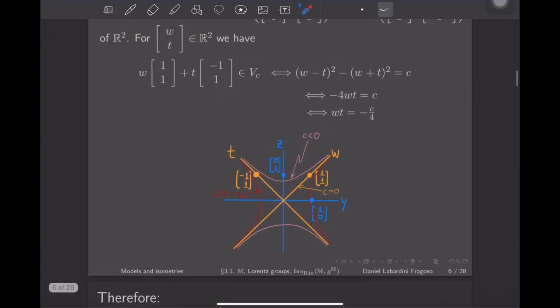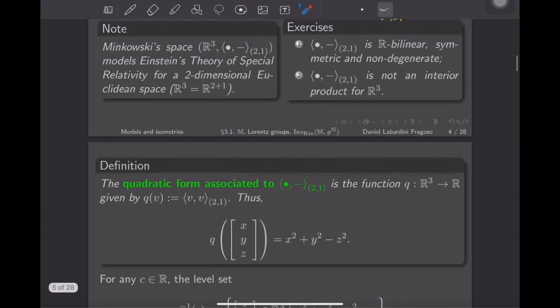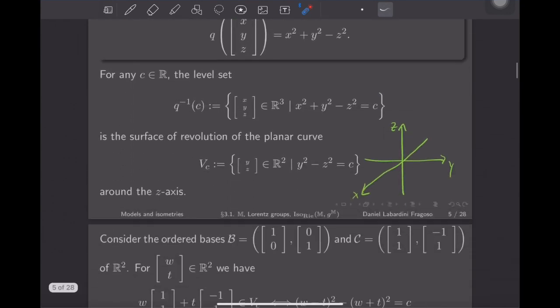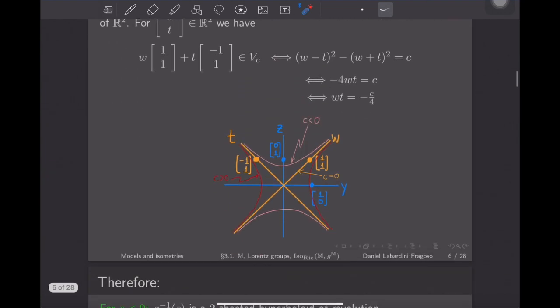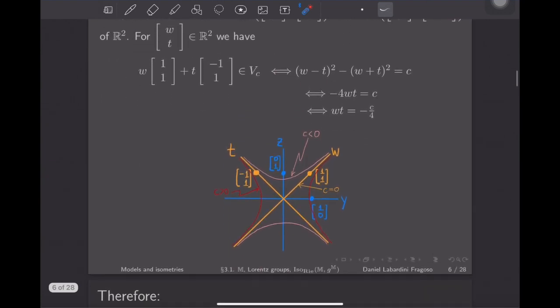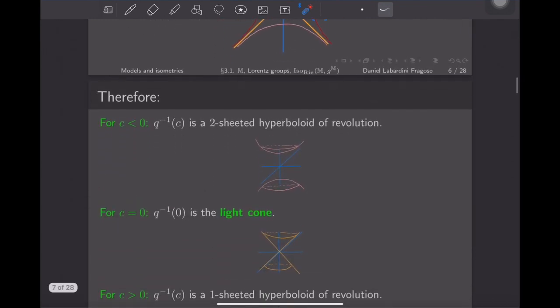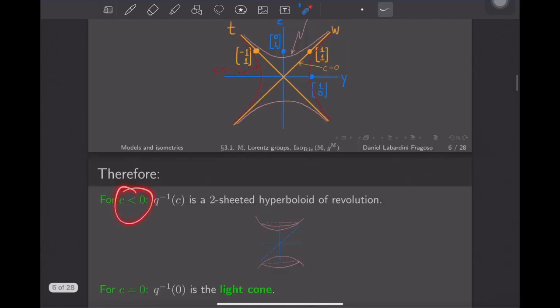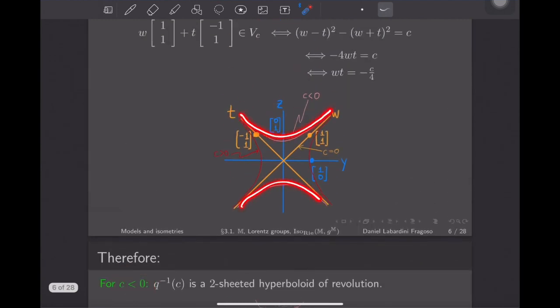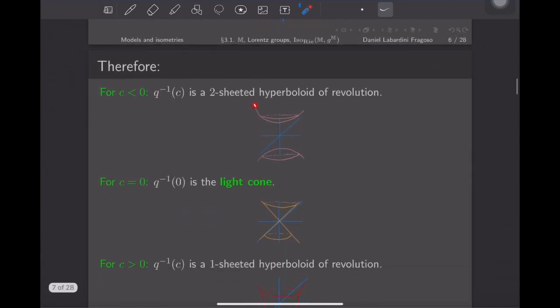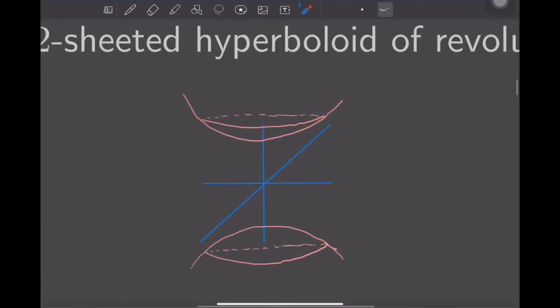Yeah, and then we said that the corresponding level set, for the function defined on R3, is simply: take whatever picture you obtained for the distinct values of C and rotate around the z-axis, right? So for C negative, we obtain a picture like this, which, okay, the drawing is far from perfect,